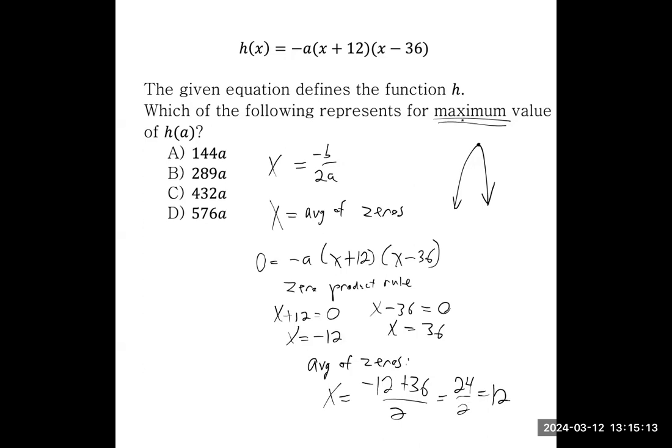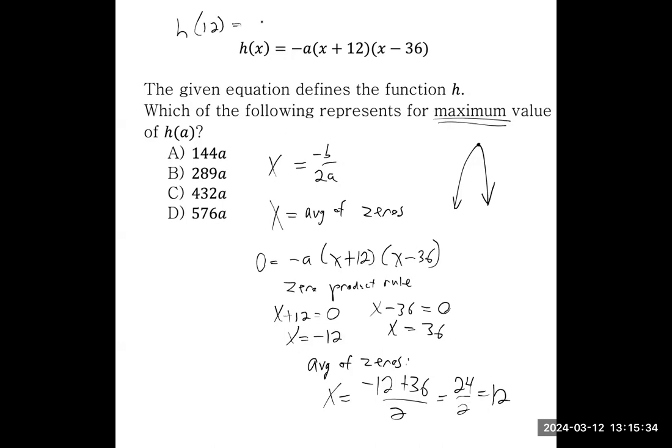But here, they're not asking you for the x, they're asking you for the y, because the x is where you should look. So if the question said, where should you look to find the vertex, that would be x. But if they're saying what is the actual vertex, which is kind of how they're saying it here, that's the y. So that's going to be like f of 12, or in this case, h of 12,